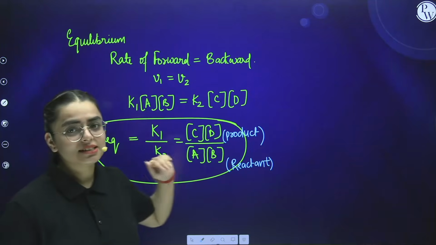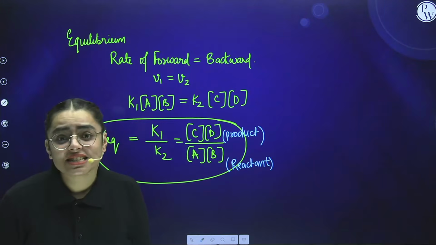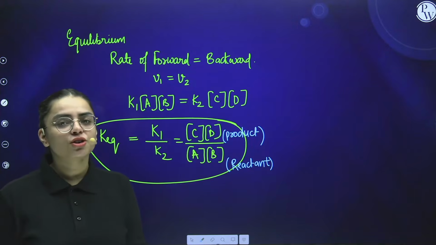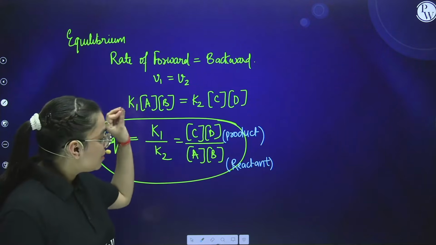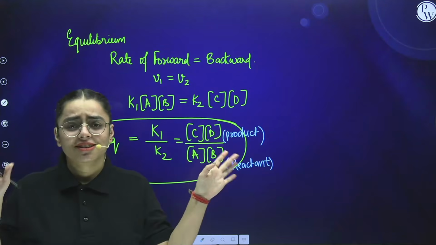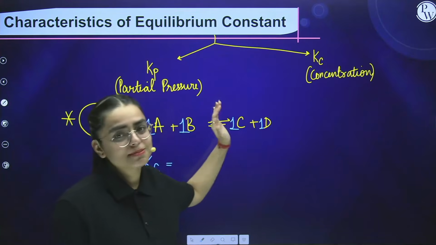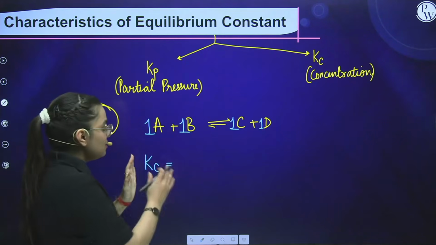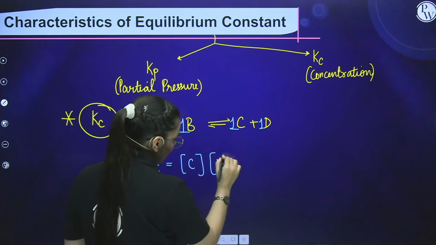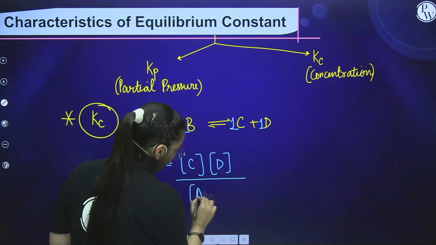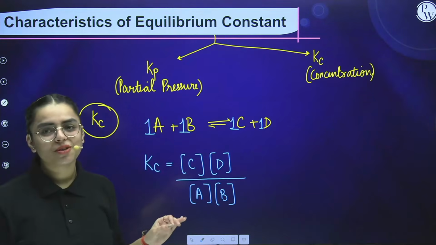A and B are the reactants. C and D are the products. Now you will say, ma'am, for backward, they are the reactants. Yes, but for a general reaction, what I'm talking about over here, if I have to say A, B, C, D, then what generally I observe is product divided by reactant, that's it. Active masses, right? So here, if this is my product, this is my reactant, then at the upper position, I'm going to write these two: C active mass into D active mass divided by A active mass into B active mass. This is the general formula, right?